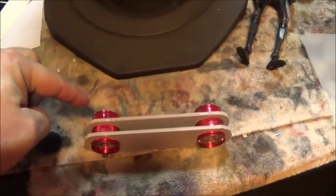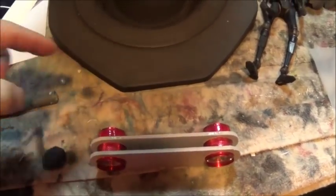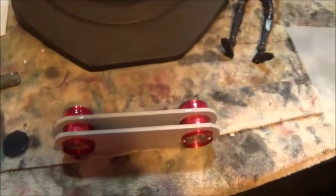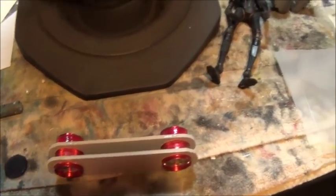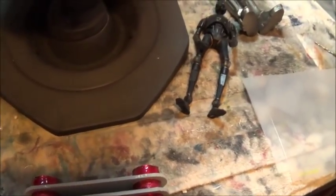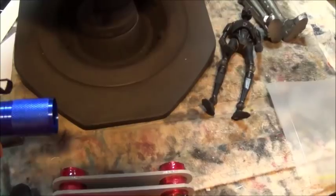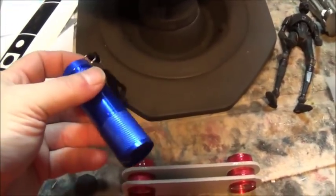But it has one problem, and that is these little guys will blind you. They are very, very bright. Now I am planning, and I'll have to see how well it works, of running these in series, and hopefully the drop in voltage will dim them down enough. And if it doesn't, and I have to run the full 5 volts, 3 times 1.5, yeah, 5 volts into them, then